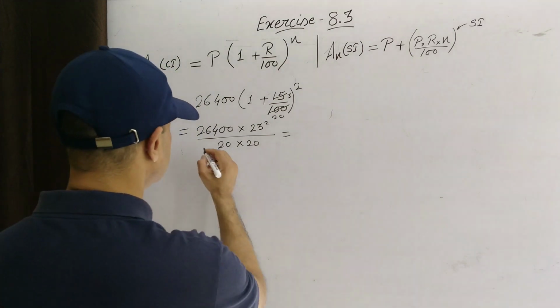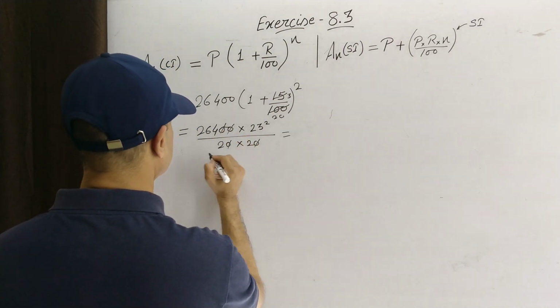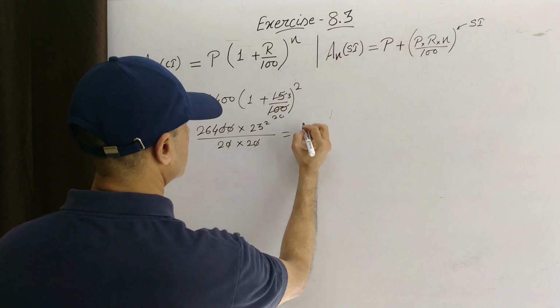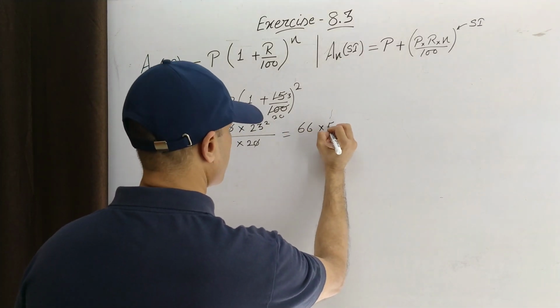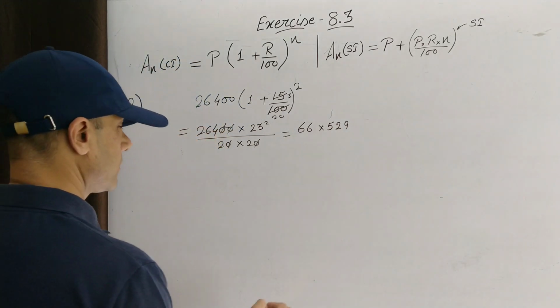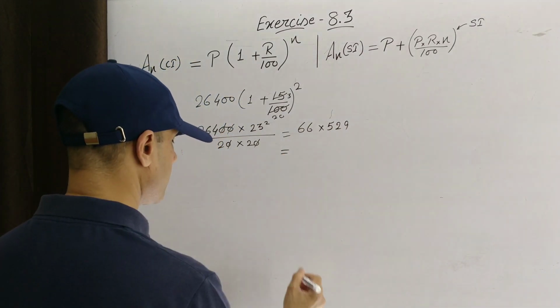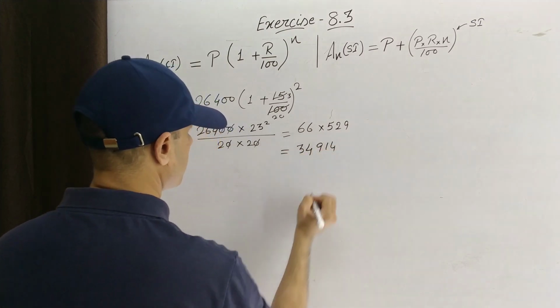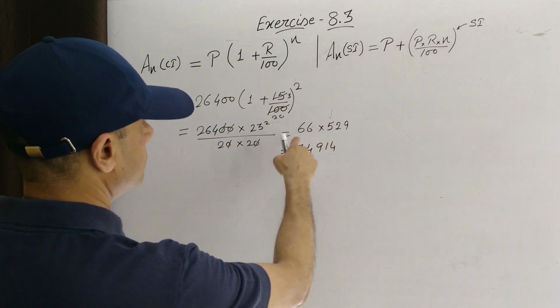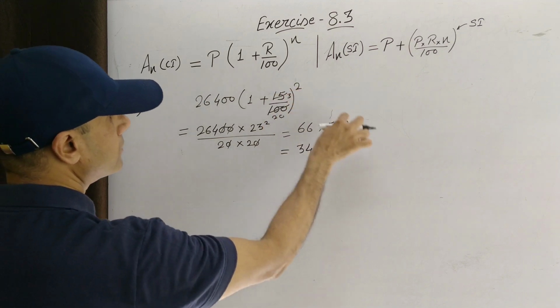So, this equals 66 into 23 square, and 23 square is equal to 529, and this when computed gives 34,914, already calculated. So this is the amount at the end of 2 years,